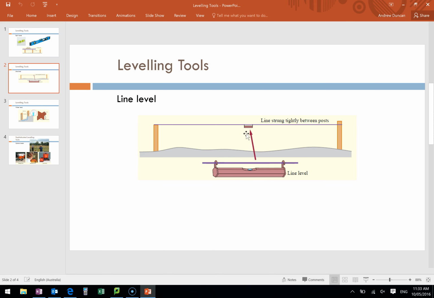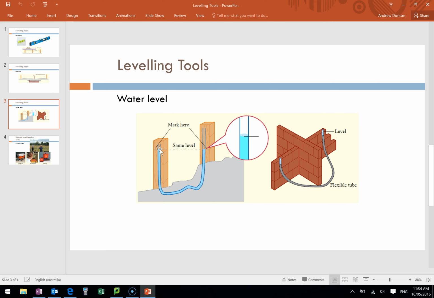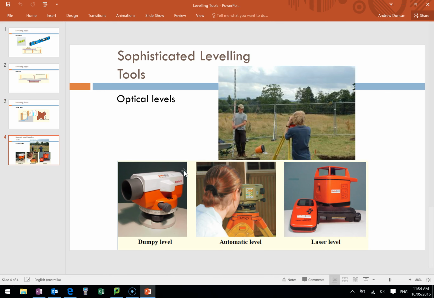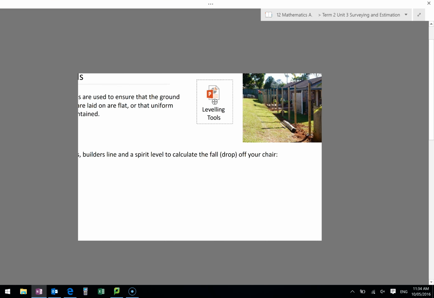Also got a line level. I think I've got one of these. I'll bring one in tomorrow to play with. Here we can also use a water level. So we put water in a tube and just see where the water level goes up to. Might be able to find one of those to play with. And if we have any luck, we might be able to use some of these more sophisticated tools. Okay, this will be us playing outside if we're well behaved. All right, so